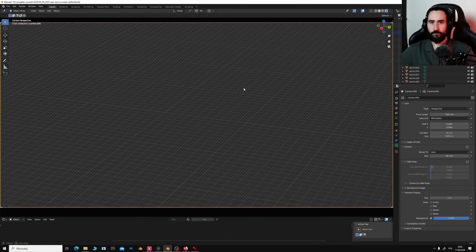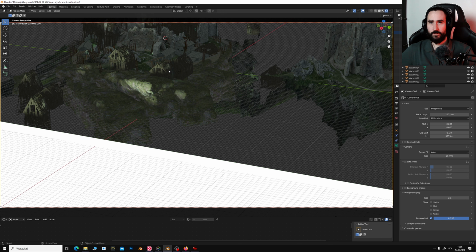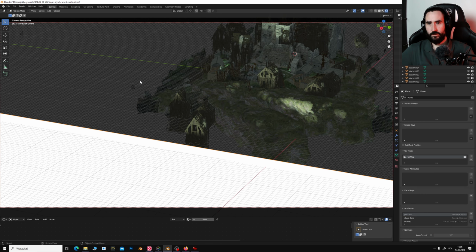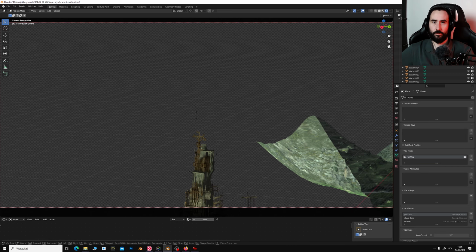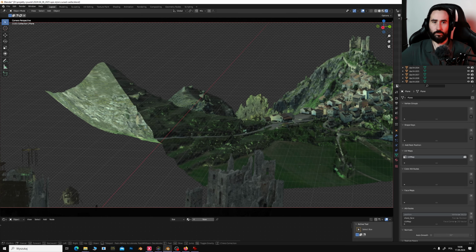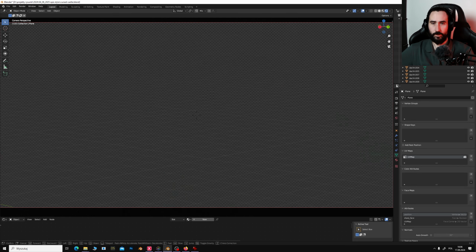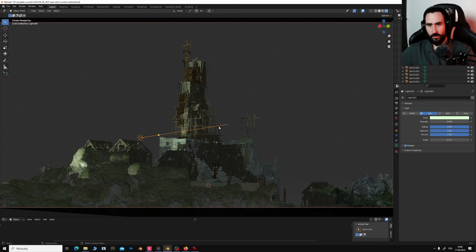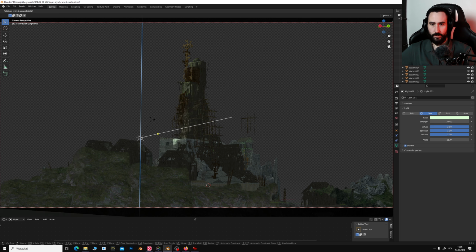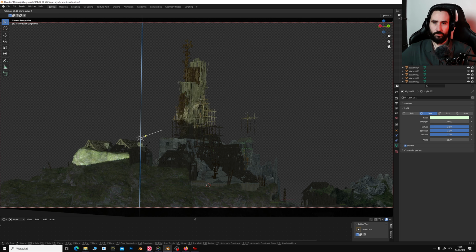Okay, so I imagined that the sun is low. Sorry, I got lost. Oh, okay. And we have some city in the background. I found it on Sketchfab, so we can put something in the background to make our illustration look cool. Okay, so here is the sun. The sun is low, and I wanted to make this kind of strange